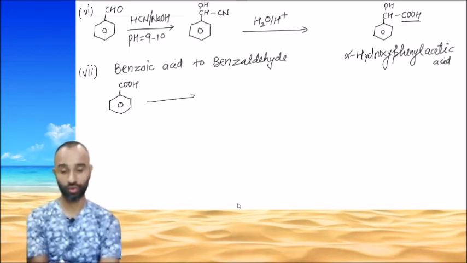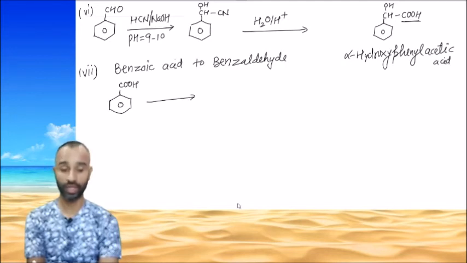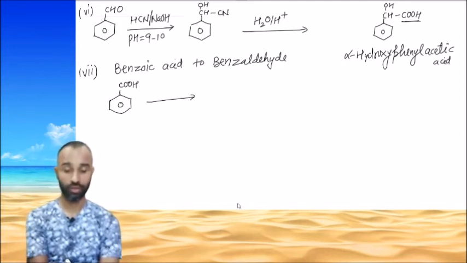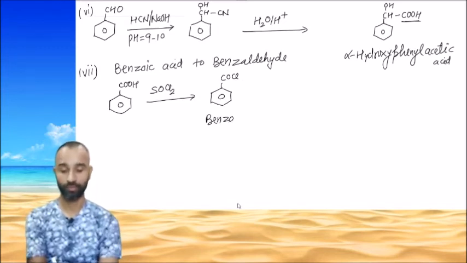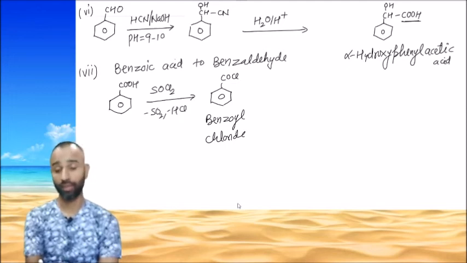So to stop at the aldehyde stage, what we do, first of all we chlorinate it. With thionyl chloride we get benzoyl chloride. SO2 and HCl are removed. Now benzoyl chloride can be easily converted into